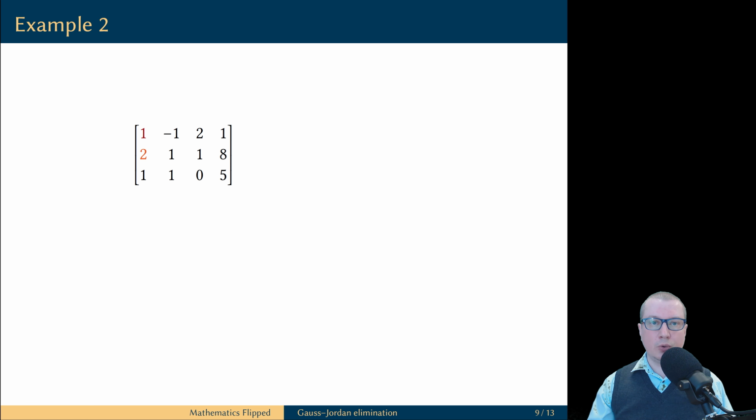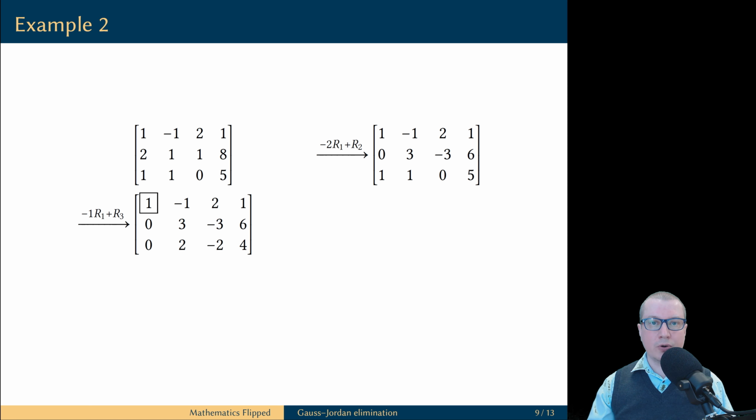First, we need to eliminate 2 in the second row, so we need to multiply row 1 by -2 and add to the second row. Then, to take care of 1 in the third row, we multiply row 1 by -1 and add this to the third row. Next, we are going to forget about the top row and start again with step 1. Locate the leftmost non-zero column. In this case, it is column number 2.